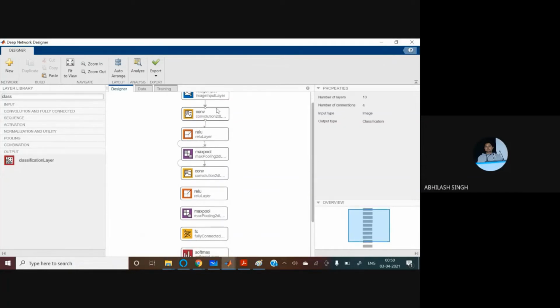Just ignore the way the arrows get connected. It should be connected, but